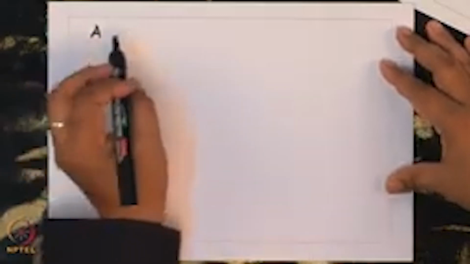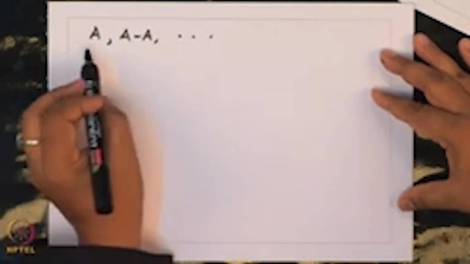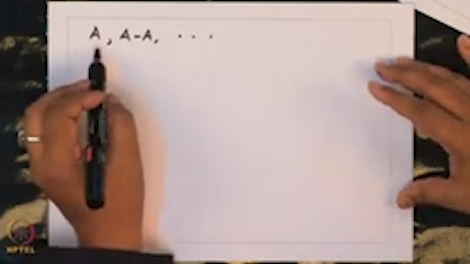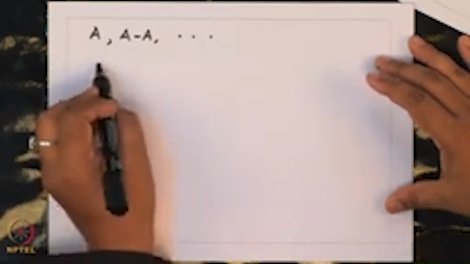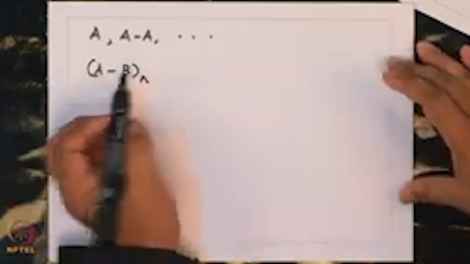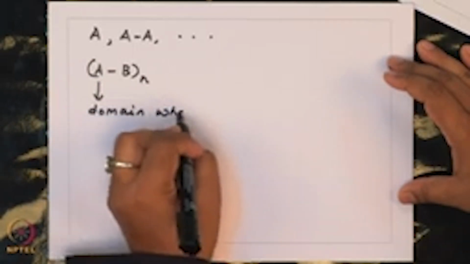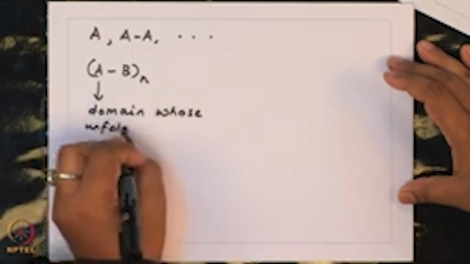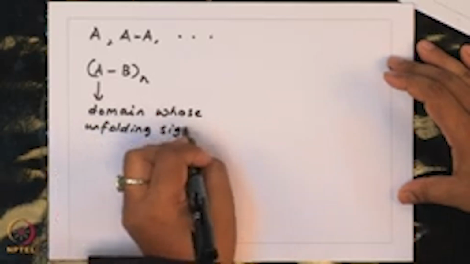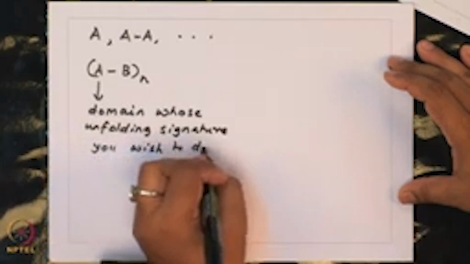The question is, how do we understand the folding dynamics or the stability of individual domains within this module? If you have a domain A, what protein construct would you use? Would you use just A, or AA, and so on? What I reasoned was, if you do not know how this particular domain unfolds, then it would be wiser to use a combination like AB, repeated n times. A is the domain whose unfolding signature you wish to determine,